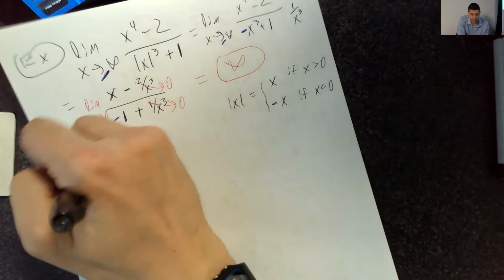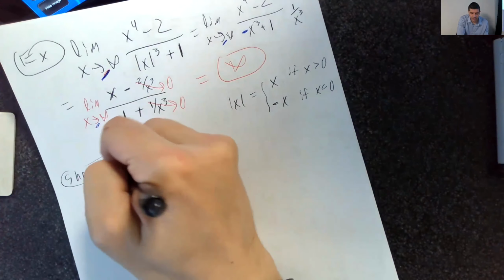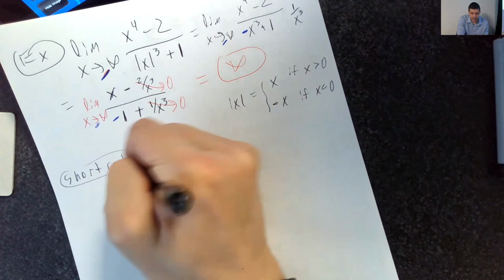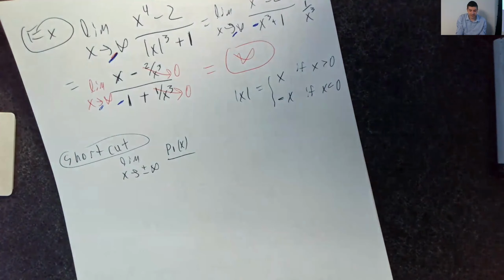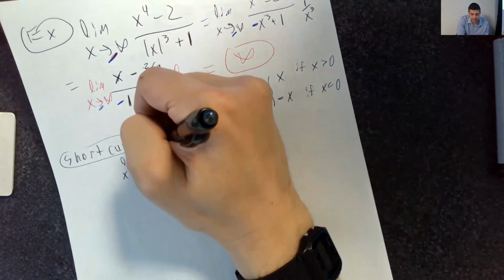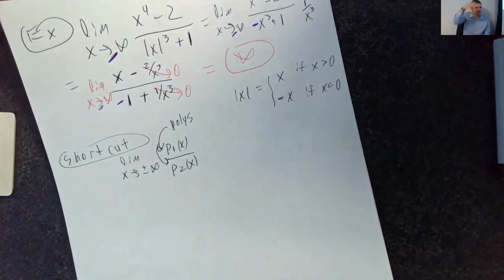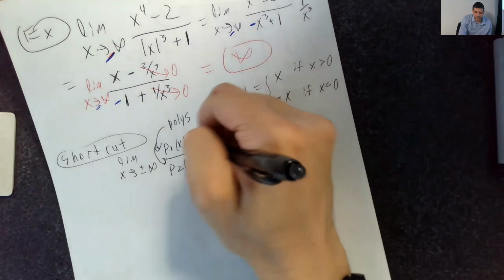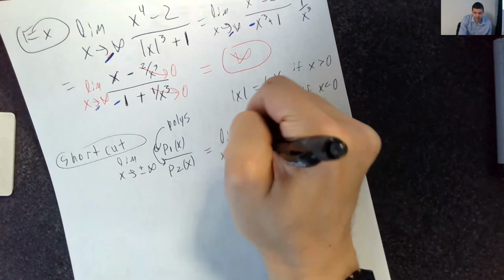Okay, shortcut. You could use a shortcut if you like. If you're doing the limit as x goes to either positive or negative infinity, either one, but you're lucky enough to have a polynomial divided by a polynomial. The numerator is a polynomial, the denominator is a polynomial. What you could do, a little shortcut, is take the limit as x goes to positive or negative infinity of